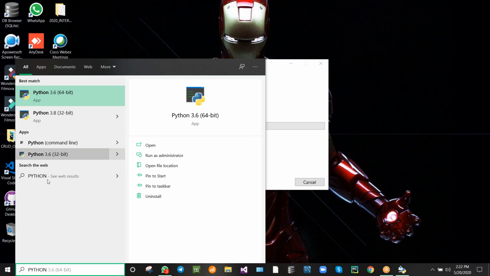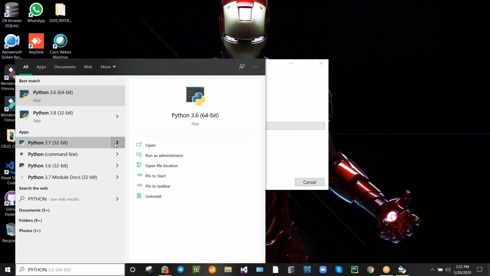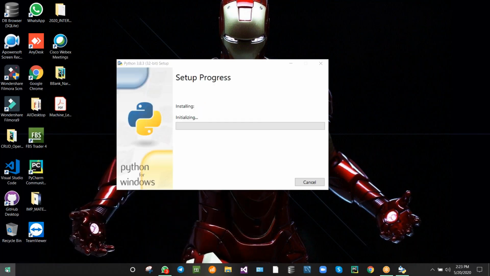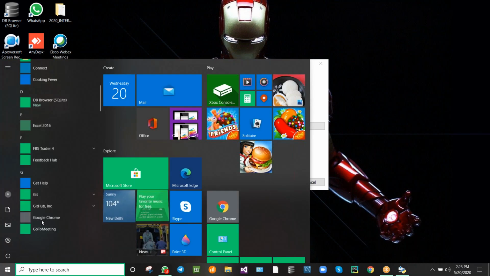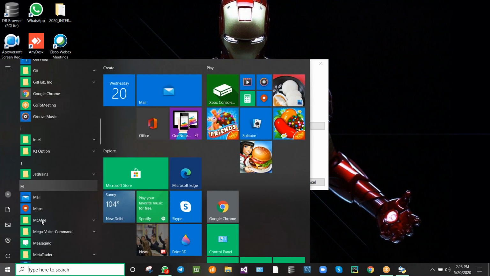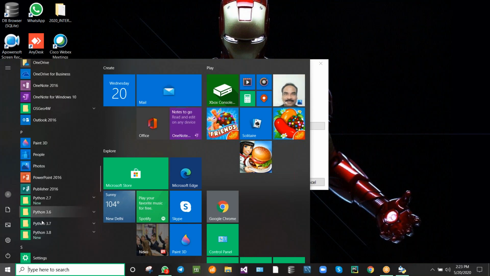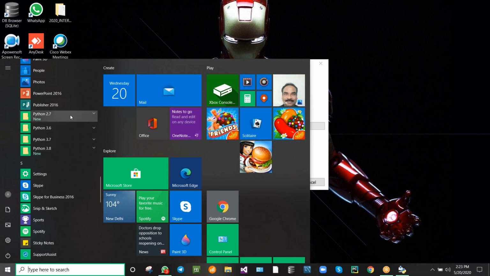So these are all the versions I have in my system. Python 3.7, Python 3.6, and right now Python 3.8 also. Python 2.7 I also have.